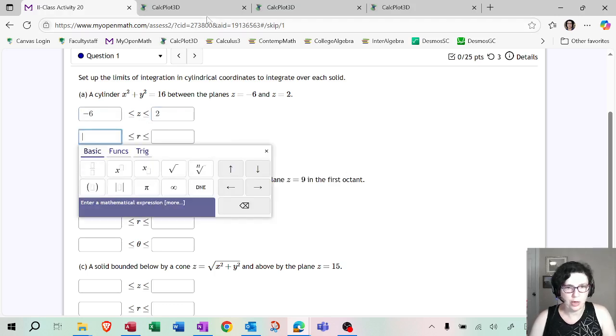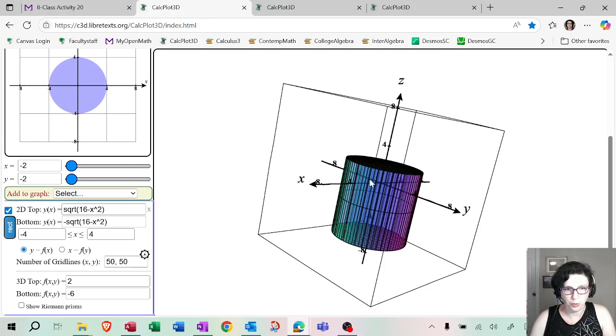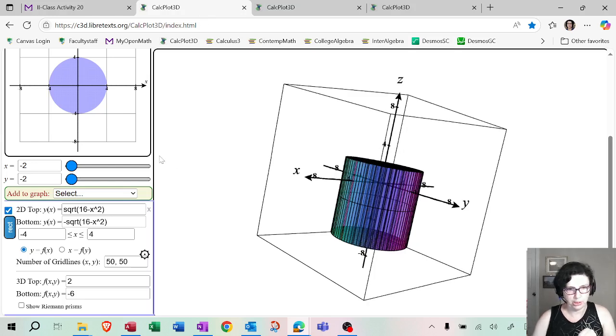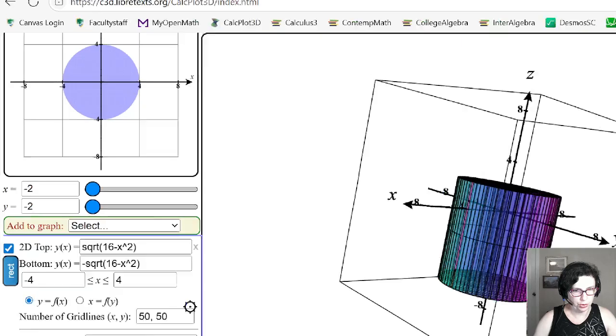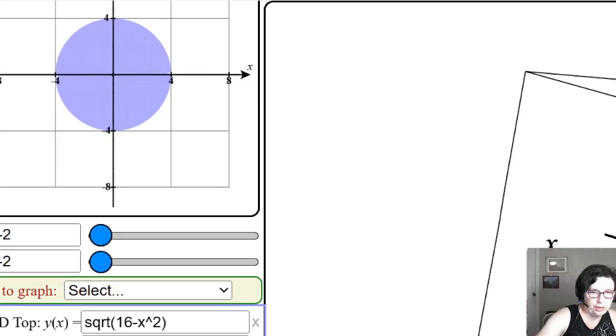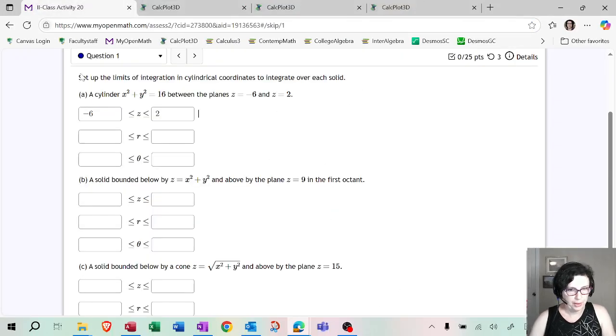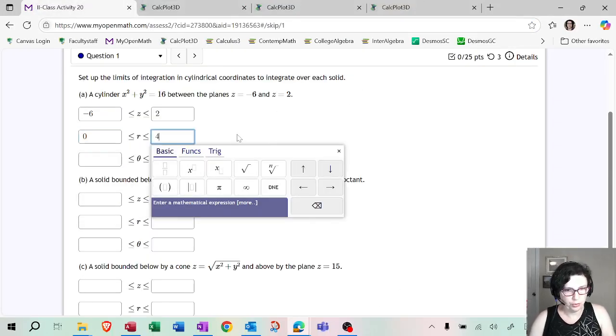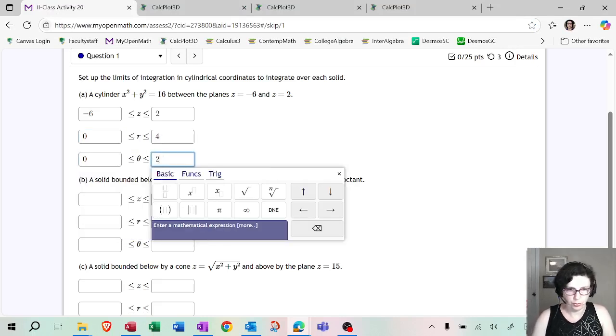How are we going to go for r? So r is going to be the same as you do for polar coordinates. So if you're trying to set up your limits over this circle of radius 4, you can see the circle right here. So you fix the theta. Let's just imagine that this is your theta, an angle that's fixed, and your r is going to change from this value right here up to this value. So that's going to be 0 to 4. And then the theta as an angle will go all the way around the circle. So that's going to be from 0 to 2 pi. So for r, it's going to go from 0 to 4, and for theta from 0 to 2 pi.